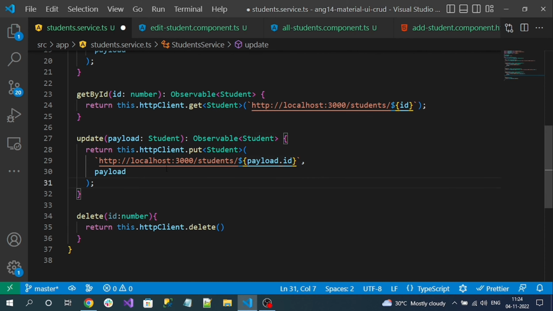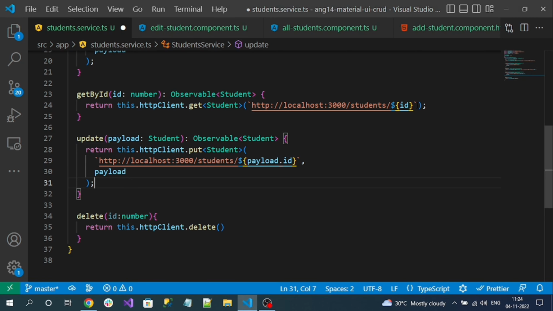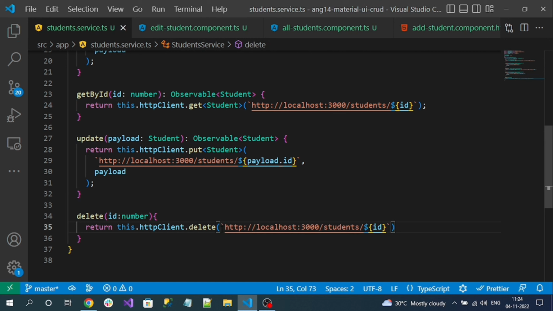Now, to frame the URL, you can check our JSON server documentation. For http delete, just simply pass the slash ID at the end of the route. That means I can use this same URL. So copy this and add it here. That's it. That much simple. That is our API call logic. For this demo, I want to use the Angular material dialog component to display